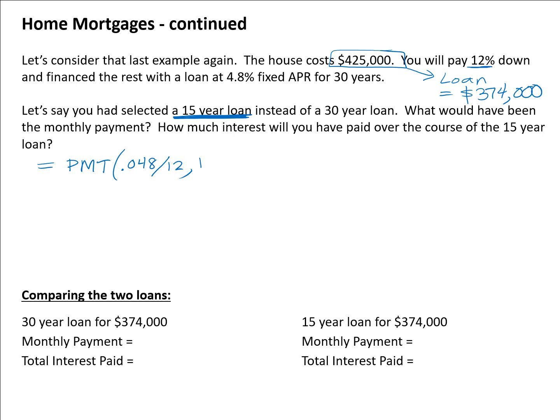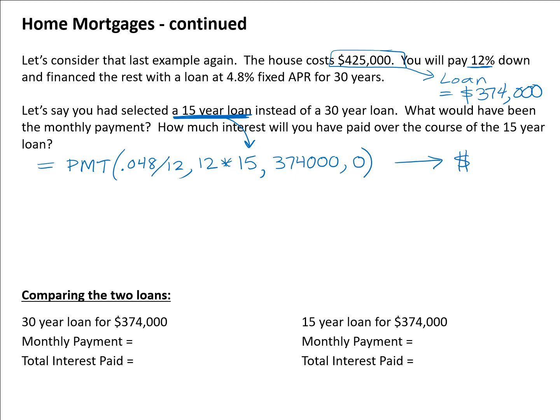Then we're going to put in how many total payments there would be. 12 times, instead of 30, it's now going to be 15 because it's a 15-year loan now. We still have the same loan amount, $374,000, but do not put a comma in that loan amount. And then we want to pay it off to 0 at the end. If we do this and hit enter with a spreadsheet, it will tell us exactly what our monthly payment needs